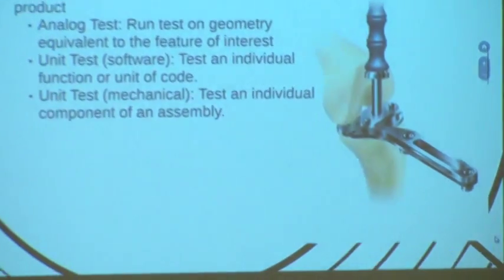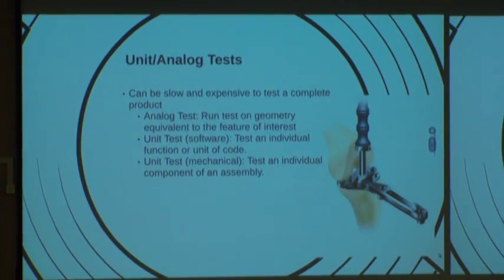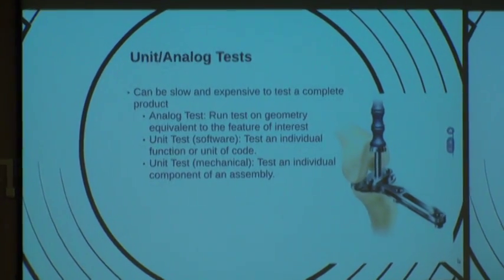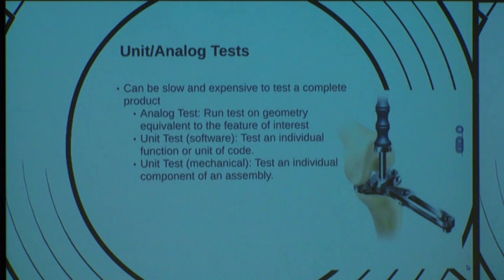Okay, so one piece to know: we tend to think in terms of testing our whole product. We made this product, we're going to test the whole thing. A lot of times that's unnecessary. We can do simple things to try and reduce the complexity, the costs, and the time of our tests. Before you run a test, you have to fabricate the parts you're going to test. You have to make the prototypes or the end-level parts, and that can be slow and expensive. The tests might be expensive to